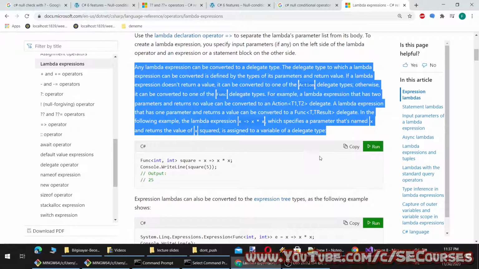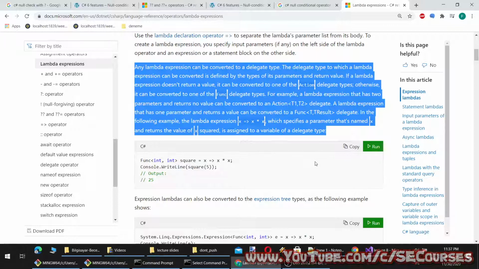Any lambda expression can be converted to a delegate type. The delegate type to which a lambda expression can be converted is defined by the types of its parameters and return value. If a lambda expression doesn't return a value, it can be converted to one of the Action delegate types. Otherwise, it can be converted to one of the Func delegate types. For example, a lambda expression that has two parameters and returns no value can be converted to an Action<T1, T2> delegate.